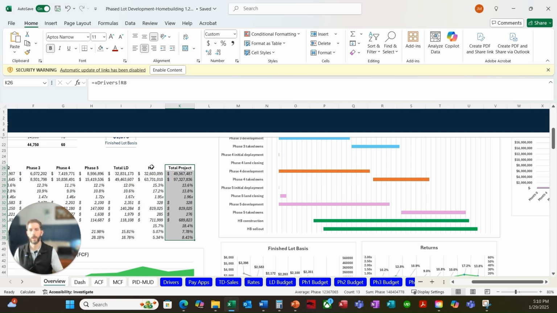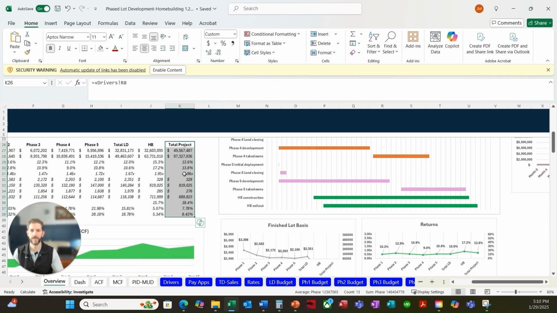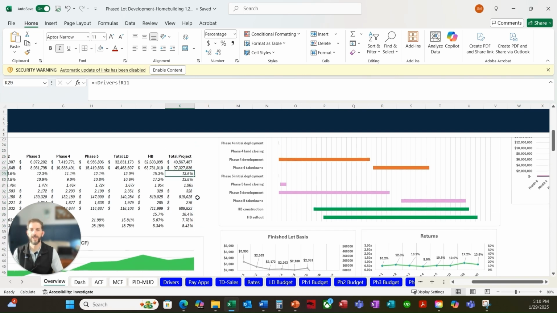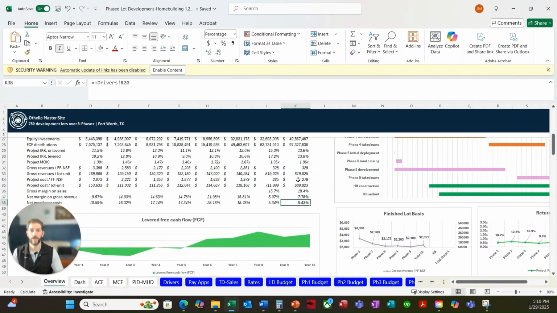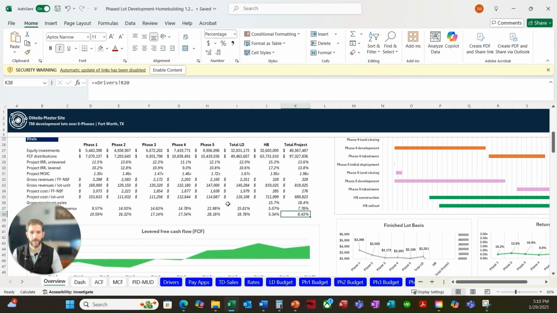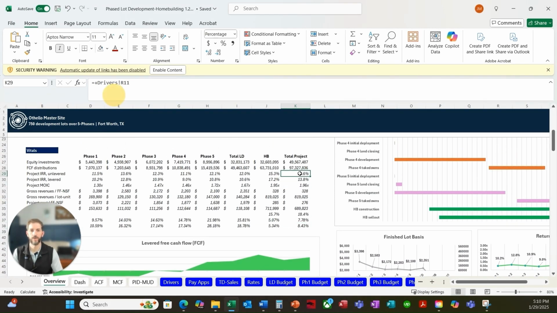Net, right? But if you are vertically integrated and you're doing land development and home building, what this shows you is the IRR and net margin on your costs, as opposed to on revenue. So the home builder's IRR is a little higher